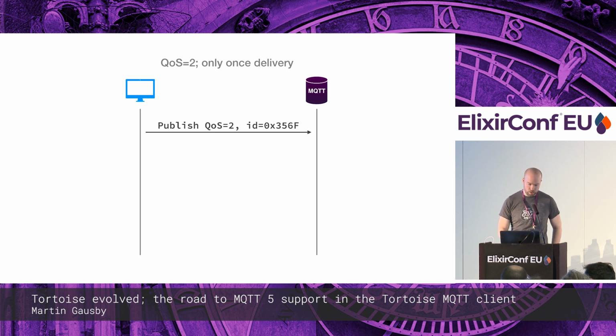So to mitigate that, we got quality of service 2, where we have some guarantees of only receiving the message once by going. The client will send, kind of like before, a message with a correlation ID,